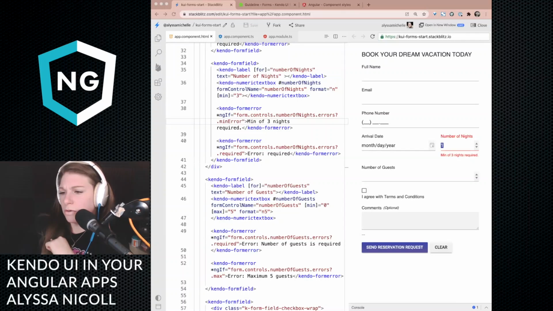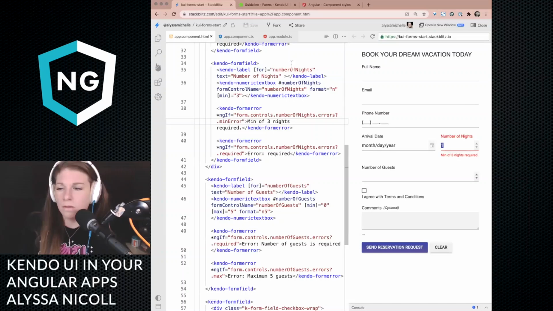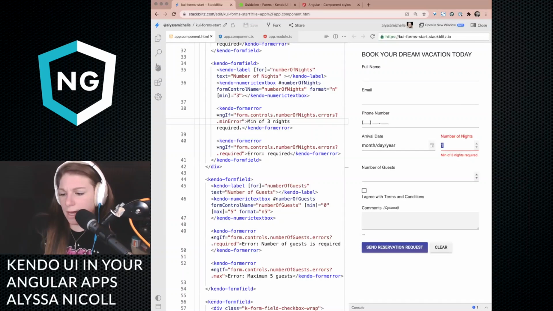Let's go to, I think I'm going to skip that. But yes, feel free to shout out in the chat if you have any questions about forms or any form component that we have. I want to show a hint real quick because we have lots of errors.